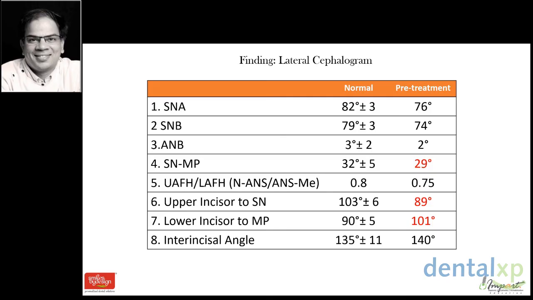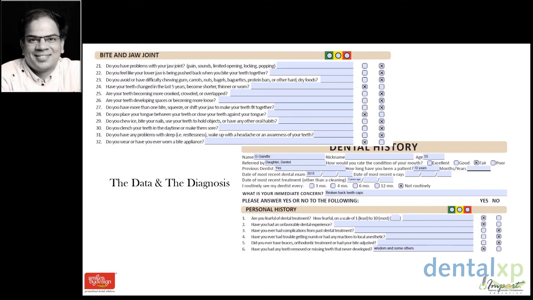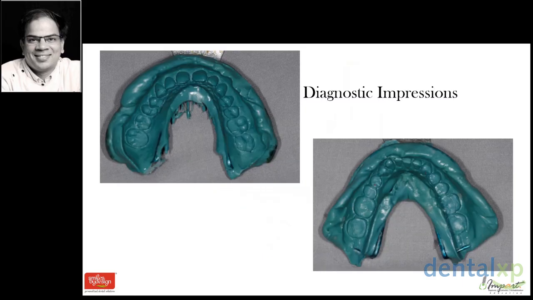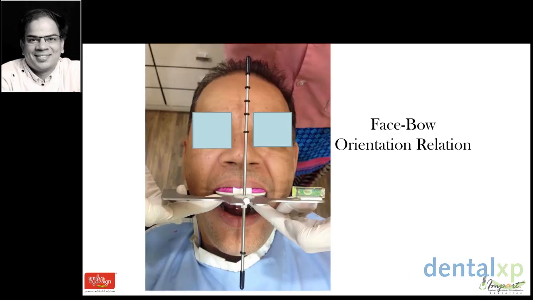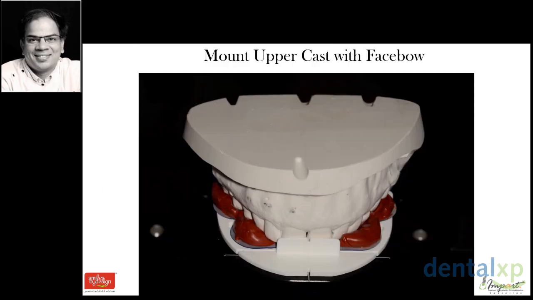So we started with the data and the diagnosis with the Coyce forms, allowing us to have a systematic approach towards these. And those forms are available at coycecenter.com, and these are the first steps. So diagnosis, phase 4 with the dentofacial analyzer, mount the upper cast using the dentofacial analyzer, then deprogram the patient.